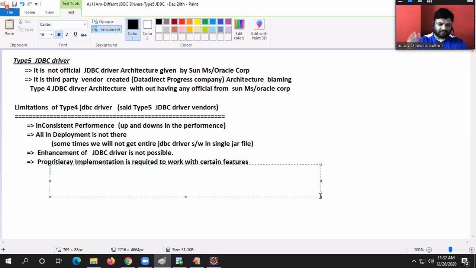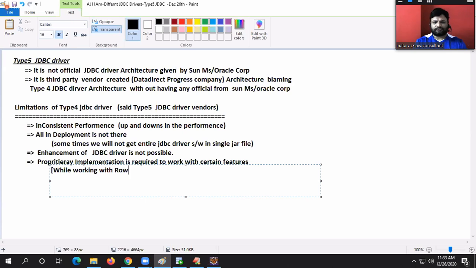Connection con, same; Statement st, same. Those lines will be the same even though the driver is changed. But while working with certain features, we have to work with driver software specific classes, so when the driver or database is changed, the code changes, which is really bad. Not all features, just one or two features, especially row sets kind of features.